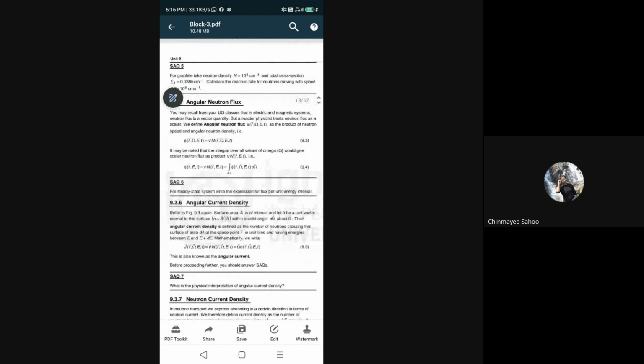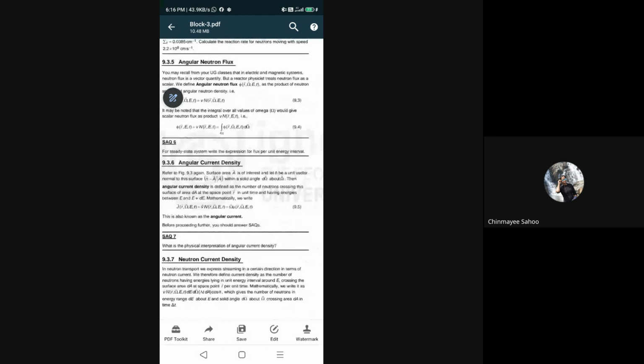Surface area A is of utmost interest. Surface area A is a vector quantity directed along the perpendicular, normal to the surface. n cap is directed normally to the surface. So surface area A is a vector quantity, and n cap is nothing but the unit vector normal to the surface. So n cap can be written as A vector divided by the magnitude of A vector within a solid angle d